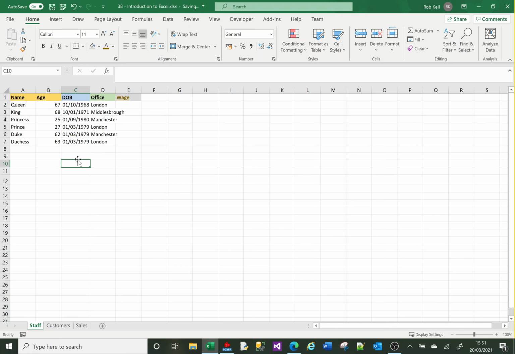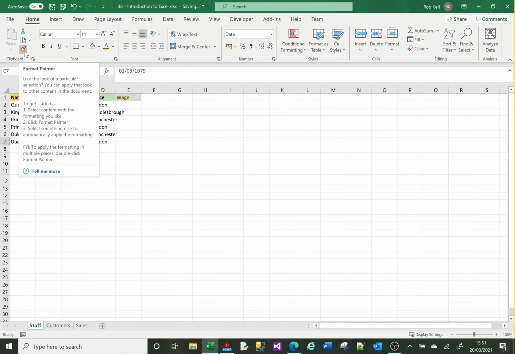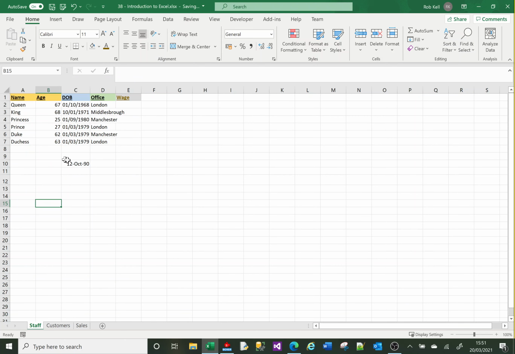Now there is another way of doing that. So let me put in here. Excel has given it its own format for that date, but I want it to be this format. So what we've got here in this clipboard option is this little paintbrush, and what that paintbrush does is it takes the format of the cell or whatever you've selected. So if I click on this paintbrush,